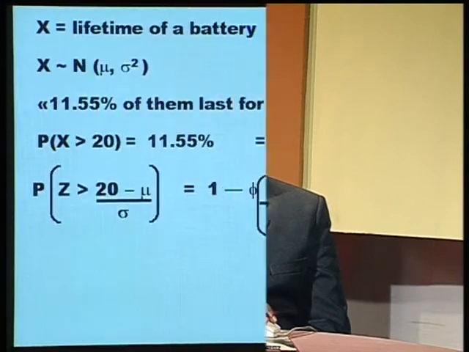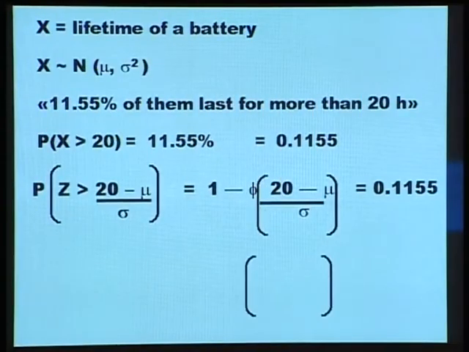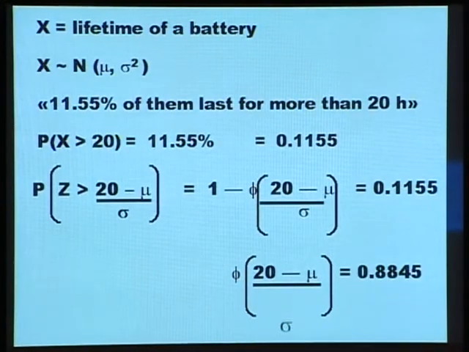After writing the equation, we need to make phi the subject of the equation. So let's see. Phi of 20 minus mu over sigma would be given by 0.8845